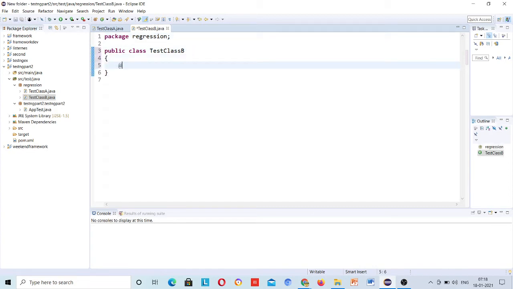So here @Test, let me create a method, void method1.